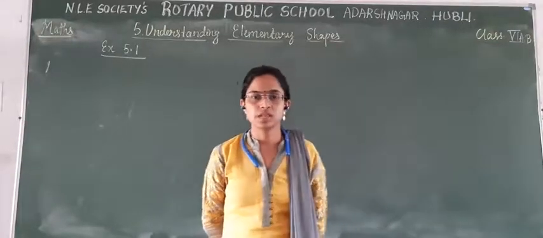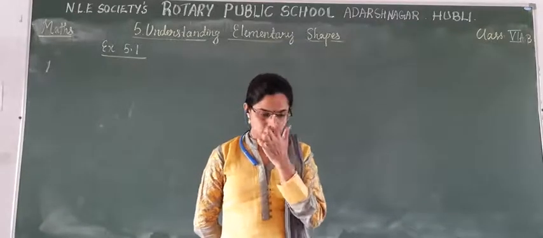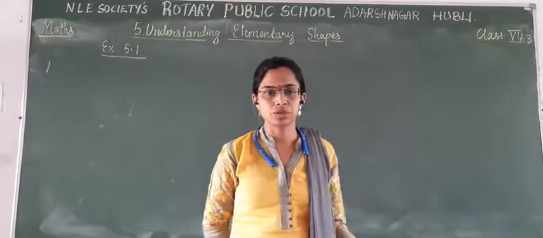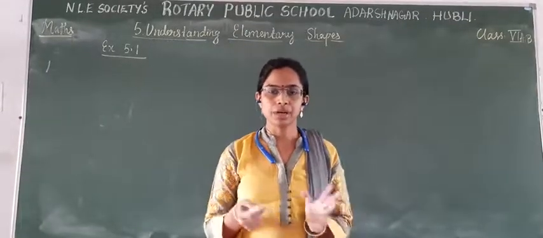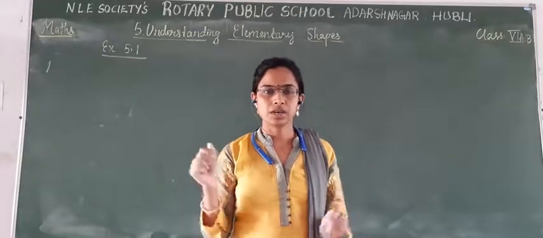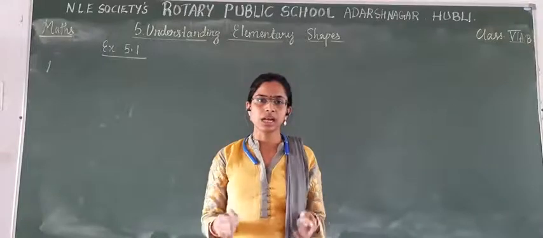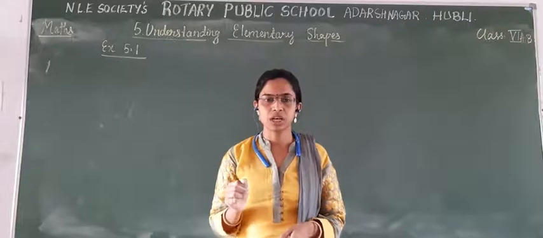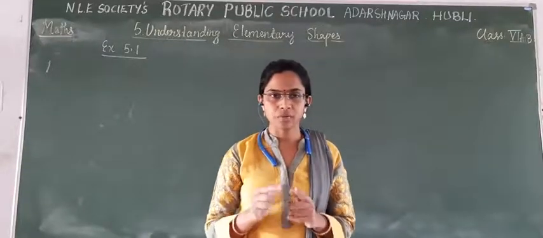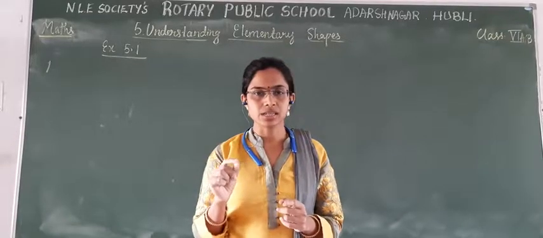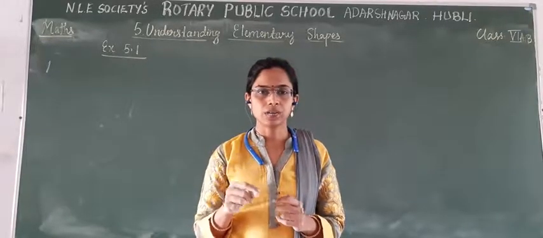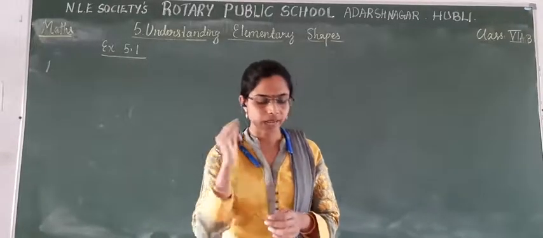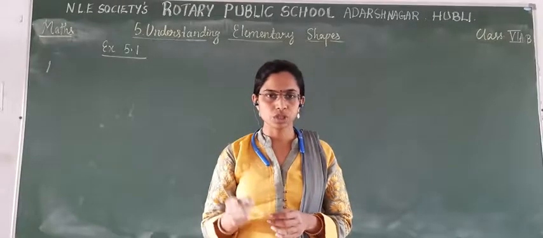Based on this, let us solve exercise 5.1. First question. What is the disadvantage of comparing line segments by mere observation? Can you compare any two lines? Just now I said that when you compare by observation, we are not going to get the accurate measurement of the line. This is the main disadvantage. The accurate answer will not be got by observation while comparing the two given lines. The answer will be given to you in the notes.